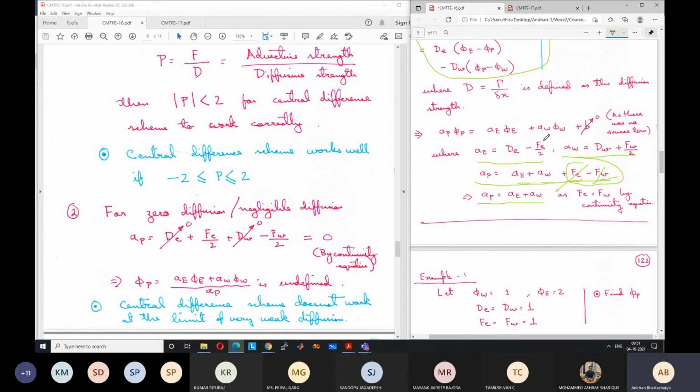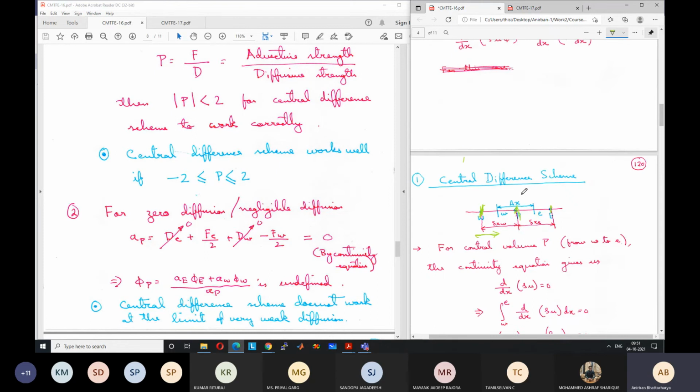And why has this happened? Although intuitively we decided that we should use the average at this point, for these cases taking the average is not correct. Why is it not correct? Because this point's value should be more affected by the flow direction. If the flow is coming from this direction, this value should affect this point strongly. If this point is at high temperature and this is at low temperature, this point will also be at high temperature because the hot fluid is coming from this side. The cold fluid from here is not going in this direction.